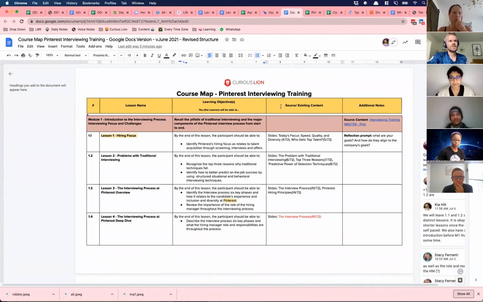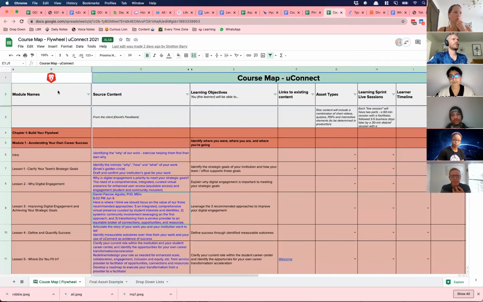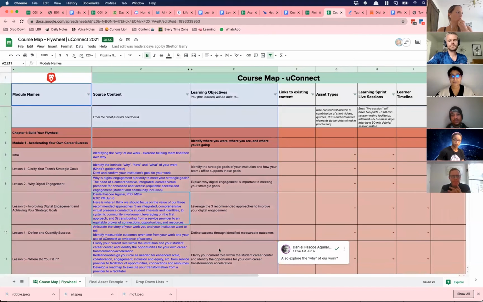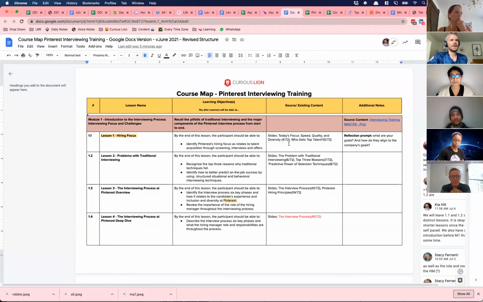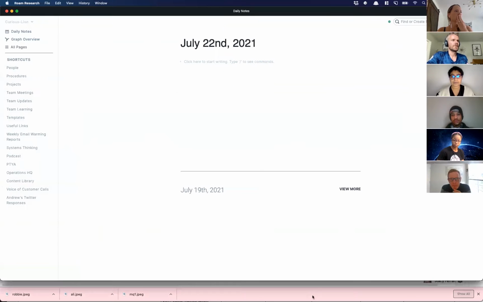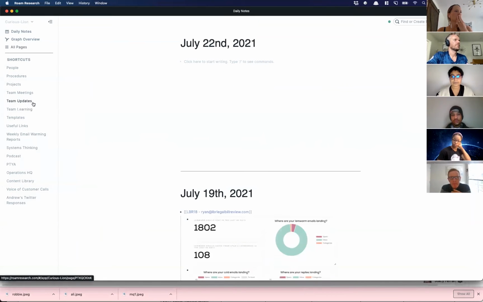And then there's the source and existing content. So I think you need to create one of these to answer your question most directly for them, which is blowing up these first three columns, okay? The final column here is the source or existing content. So what Kai has done is referred to specific slides that have that. What you may be able to do, because you've been going through,